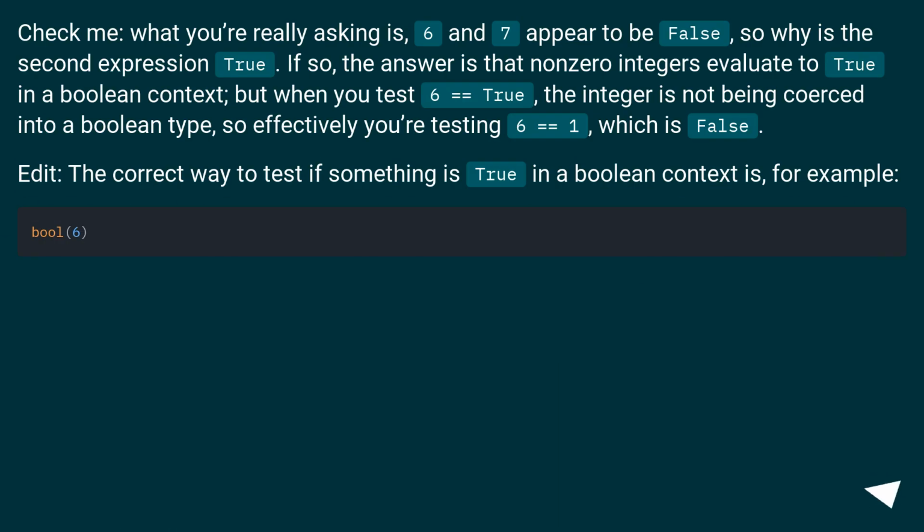Check me. What you're really asking is, 6 and 7 appear to be false, so why is the second expression true? If so, the answer is that non-zero integers evaluate to true in a boolean context, but when you test 6 == True, the integer is not being coerced into a boolean type, so effectively you're testing 6 == 1, which is false. Edit: The correct way to test if something is true in a boolean context is, for example,